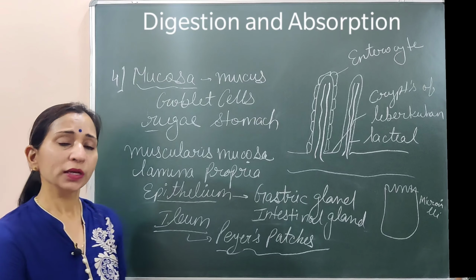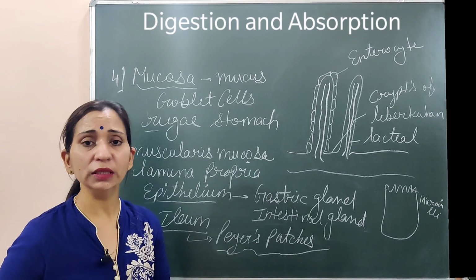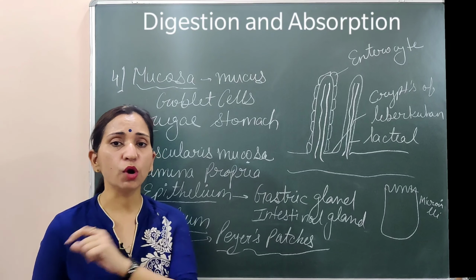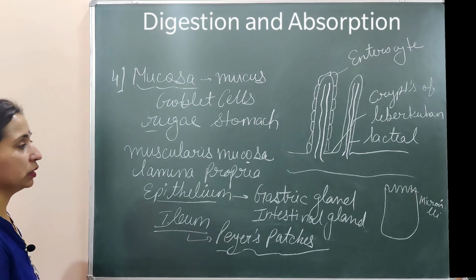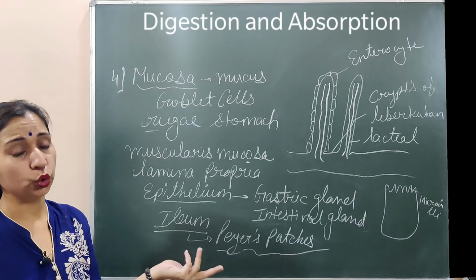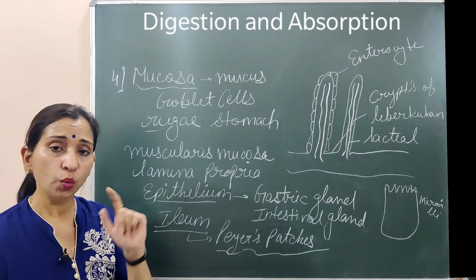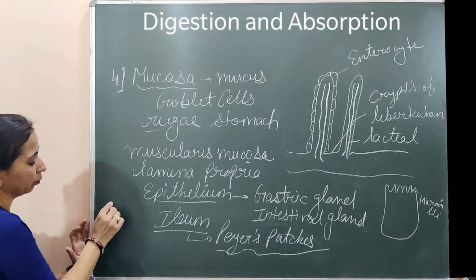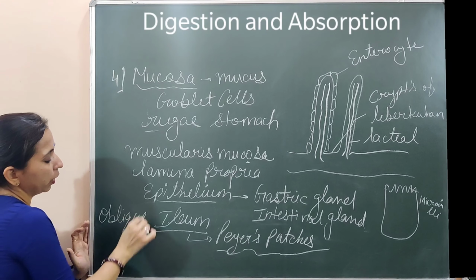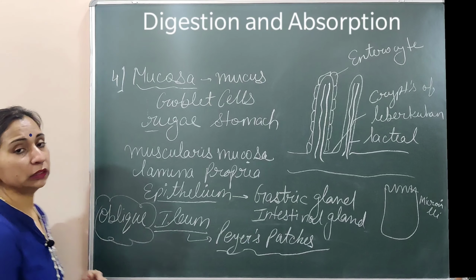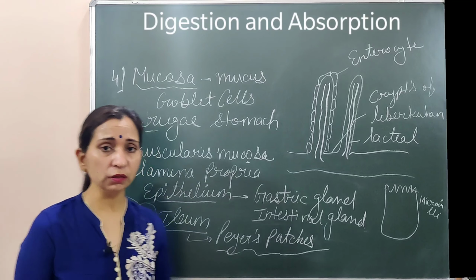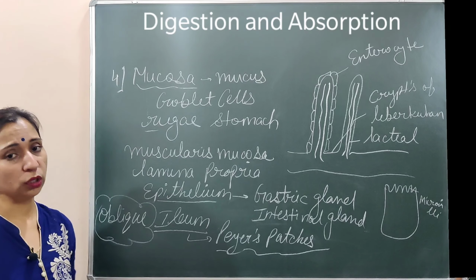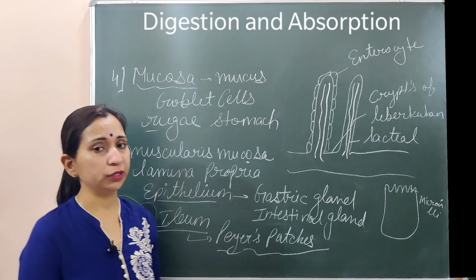Similarly, if we talk about the muscularis region, muscularis में जहाँ पे हमने 2 तरीके की muscular layer पढ़ी थी, that is outer longitudinal and inner circular layer. Here also some modification is found in the stomach region. Stomach region में भी एक modification देखने को मिलता है. In the stomach region, besides these 2, outer longitudinal and inner circular muscular layers, one more layer is present, that is the oblique layer. So that is also a very important part. You have to remember that the 3rd muscular layer present in the stomach region is the oblique muscular fiber layer.